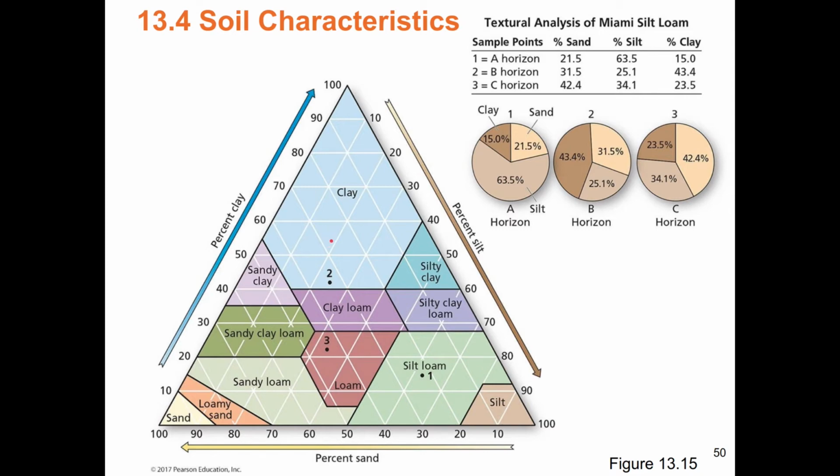Not enough clay, not enough nutrients; too much clay, the soil is tough for plants to grow in. Sand, silt. And then these are the descriptive terms. You could have sand, a loamy sand, a sandy loam, a sandy clay loam, a sandy clay, clay, silty clay loam, silt loam, silt, clay loam, loam. So today's word is loam, which is an optimal mix of sand and silt and clay.